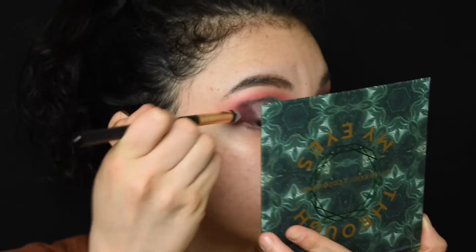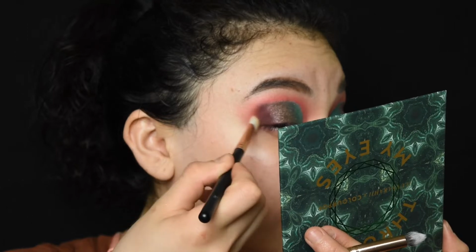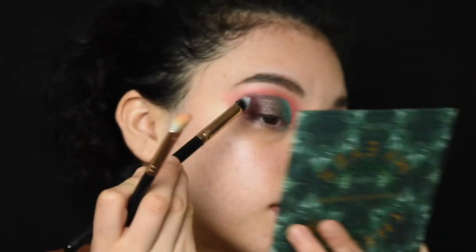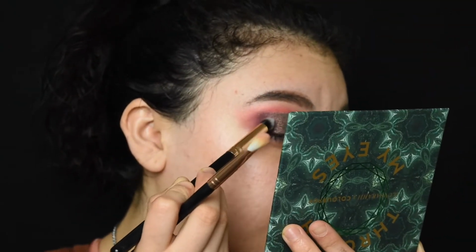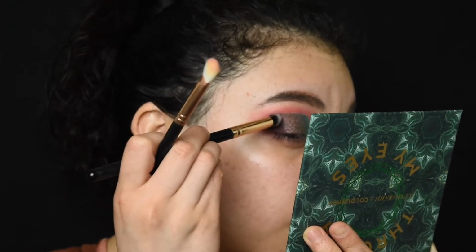Here I am just literally struggling my life away between which brush I should use to blend out the edges. At first I got a tapered blending brush to apply the Divina color, and once I applied it, you can tell right there, it doesn't look like the color is there and it doesn't look blended. So then I grabbed this pointed blending brush and just started slowly applying the color,